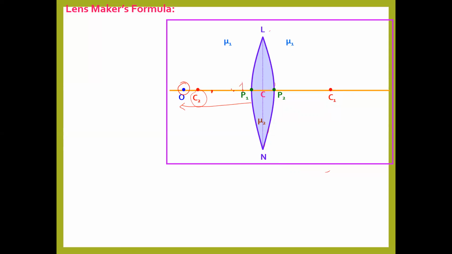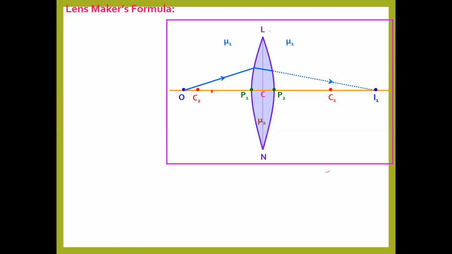It may be here, anywhere, but for the time being, let us assume that the object is at that position, and from that position we have to draw some figures and proceed. A light ray goes from there, and